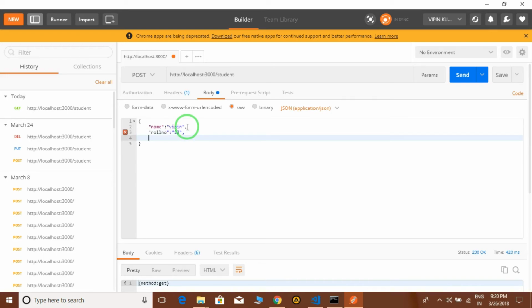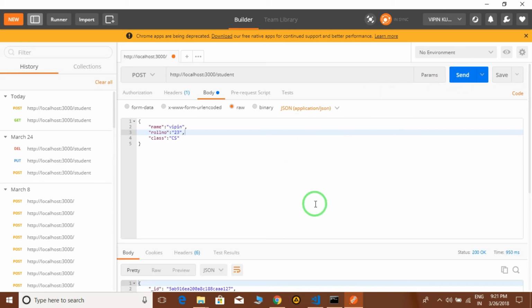And then we say string, sorry, we should come here in string format. Here we have to give the class, and that class is, say, MCA, or we can say CS. Now we are sending the data to the post request, and it will enter the data and will display it.